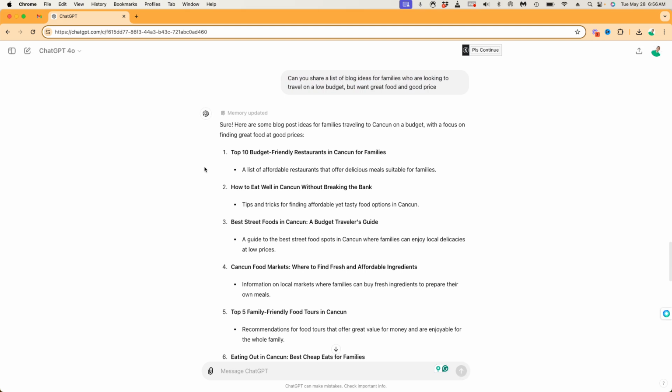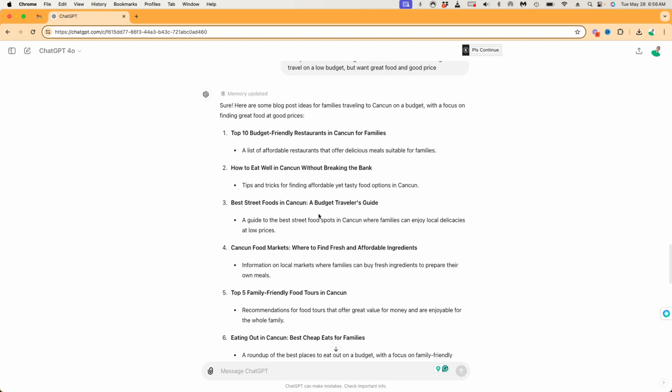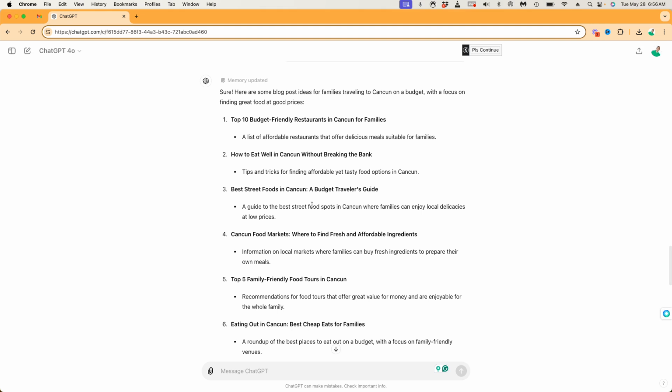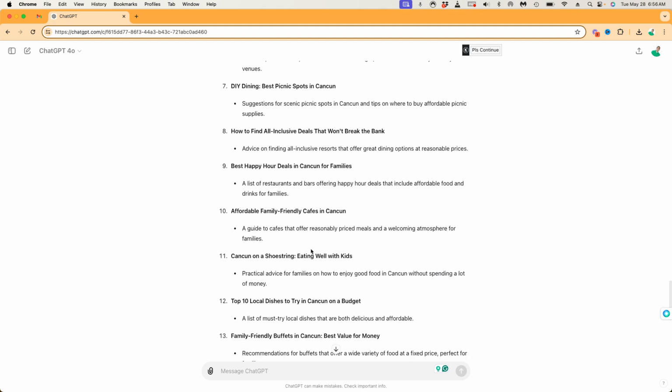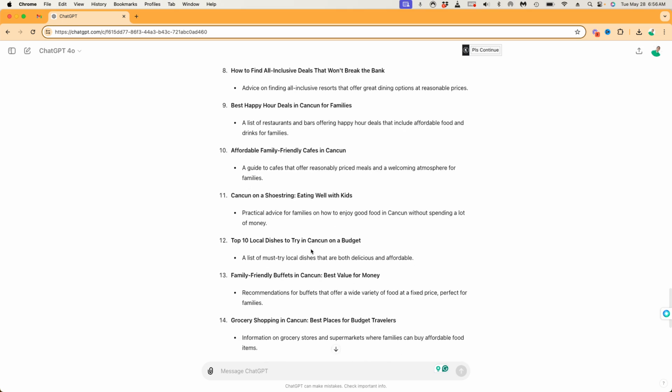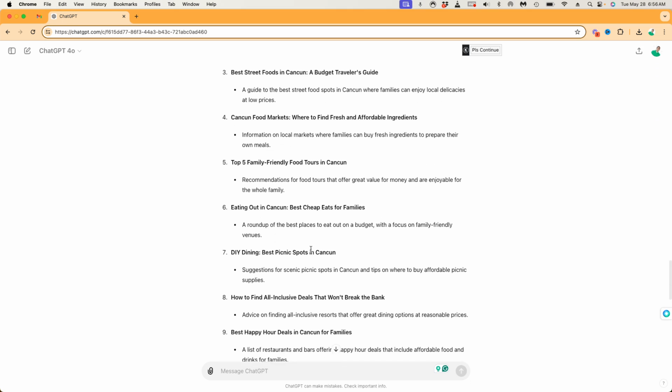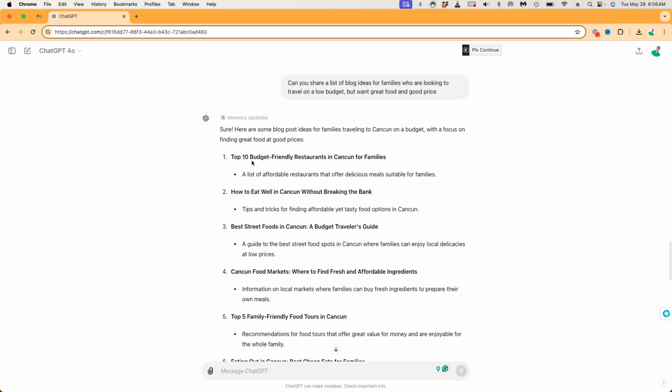So top 10 budget-friendly restaurants in Cancun, list of affordable restaurants. How do you eat well in Cancun without breaking the bank? Best street foods in Cancun. Cool. And see, again, you got a whole bunch of ideas. The point is now you've just got a big buffet of ideas. So now let's go to here and say, can you list the